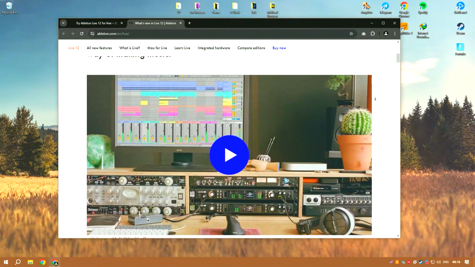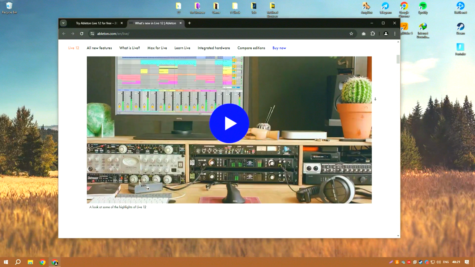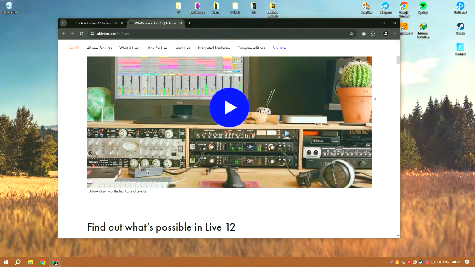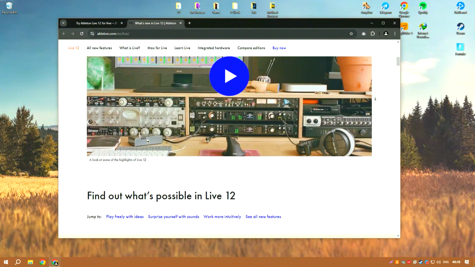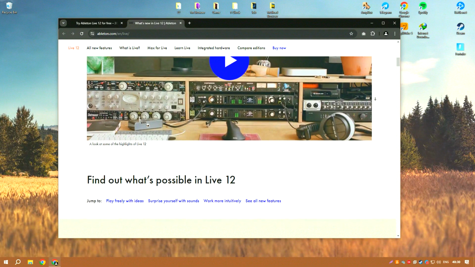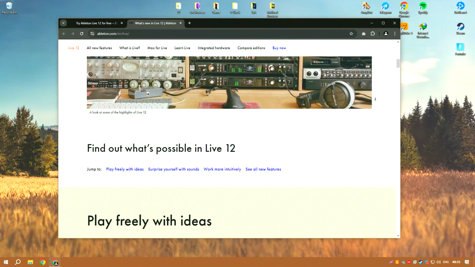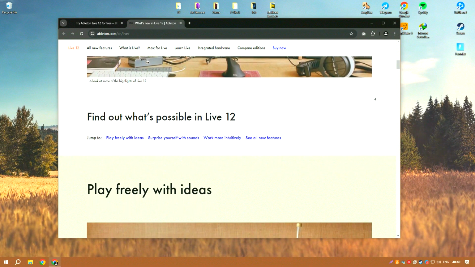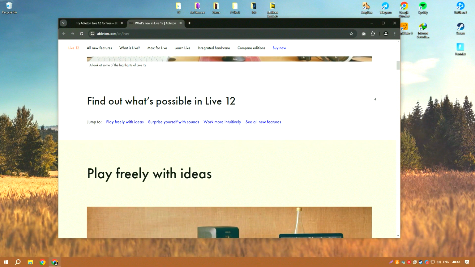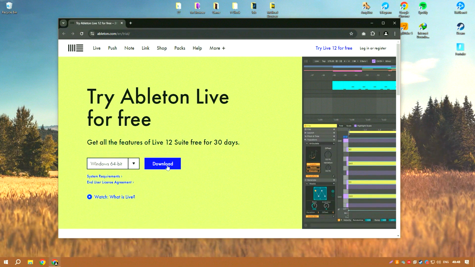The software's hallmark is the session view, a groundbreaking feature that supports improvisation and flexibility in music creation, unlike the typical timeline-based workflow found in other DAWs. This makes it particularly appealing for live performances where spontaneity and on-the-fly adjustments are crucial. Additionally, the arrangement view provides a more conventional timeline for fine-tuning tracks, making Ableton Live versatile for both stage and